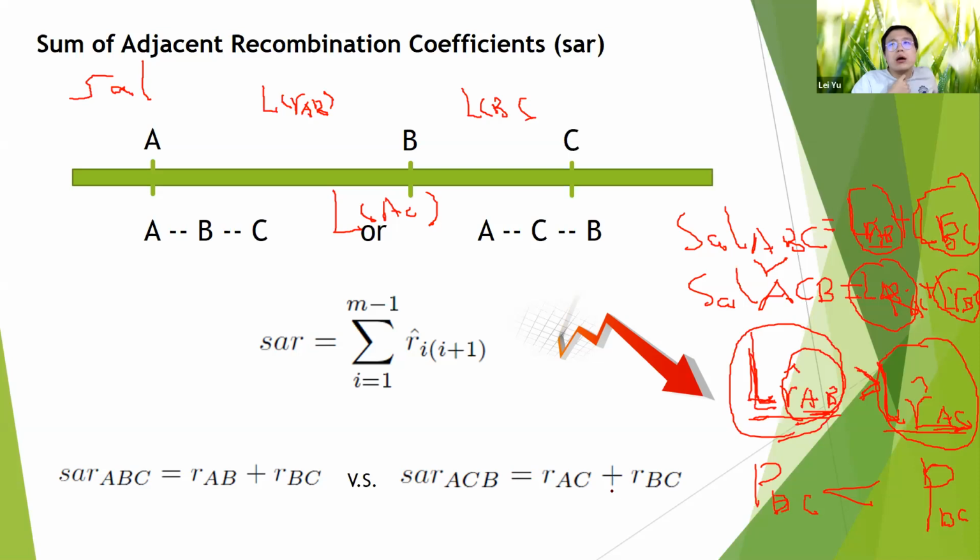Okay, then if you only look at AB or AC and use the recombinant progeny divided by the total progeny to calculate the R-hat recombination frequency,